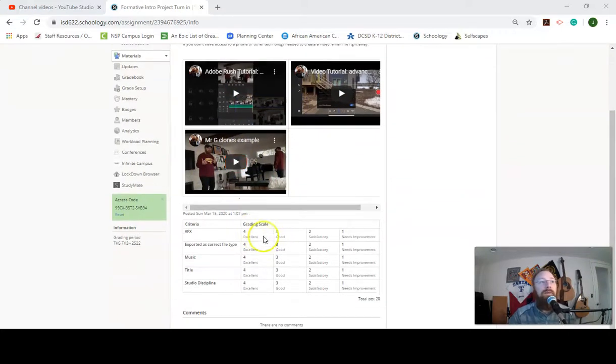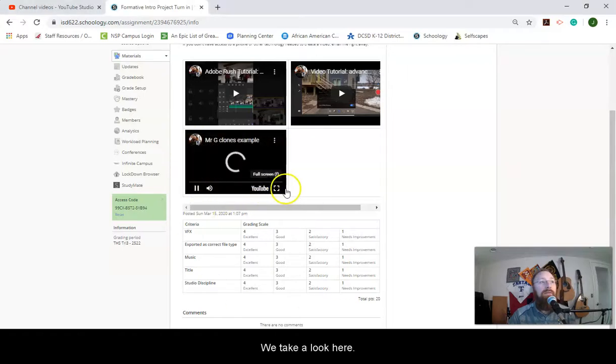Pay special attention to how it's going to be graded. I'm looking for a very clean VFX. That means that you're acting out all in one take both sides of this action. Okay, so if we take a look here,